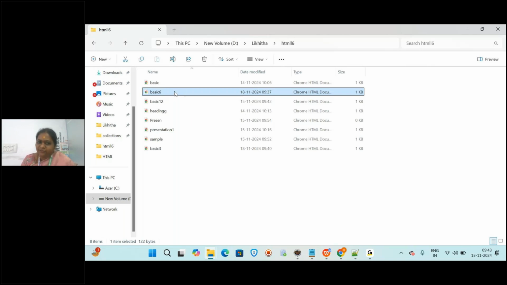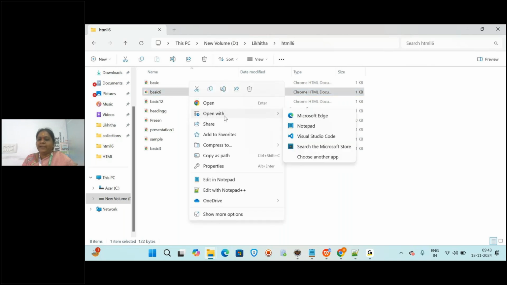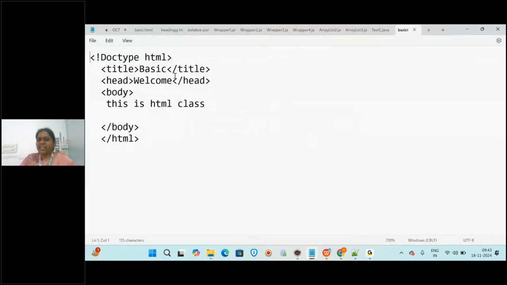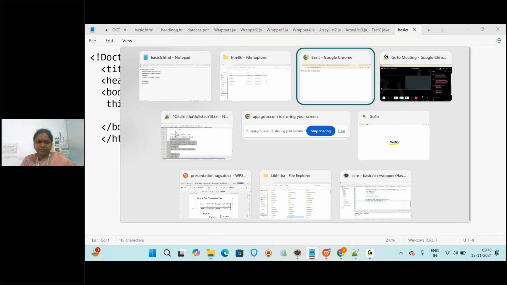Right click on that file and say open with Notepad. Open with what? Notepad. Because when you double click, it opens with the browser, but you want to make some changes to it, right? So you have to click on what? Open with Notepad. Again it opens with what? Notepad. Clear, everyone? Online students, is it clear?